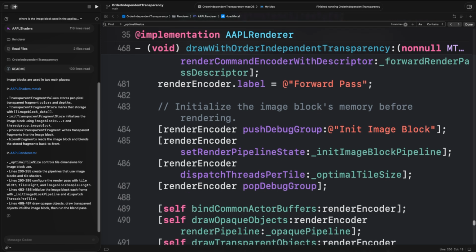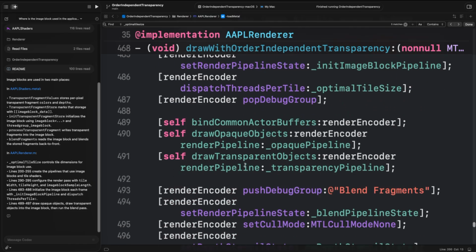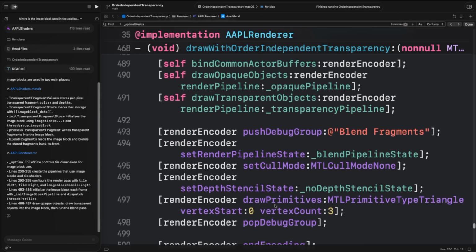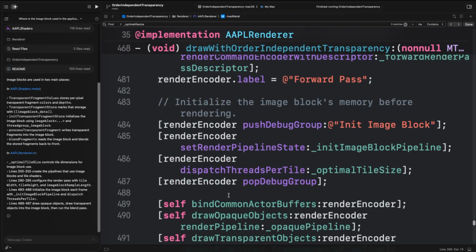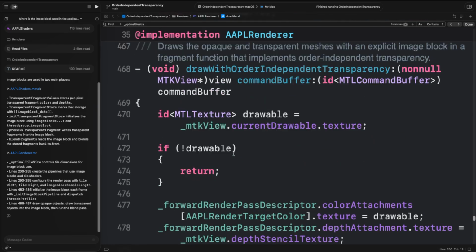And then lines 489 to 497, draw opaque objects, draw transparent objects into the image block, then run the blend pass. So from 489 to 497, all of this stuff here. Draw opaque objects, draw transparent, and then run the blend pass, which is all this right here, okay? But I want to search for the notes. Because there is initialize the image block's memory before rendering. Okay, but there is something where it talks about